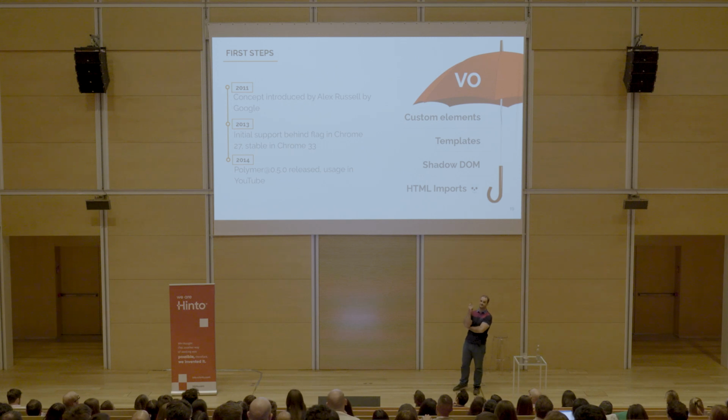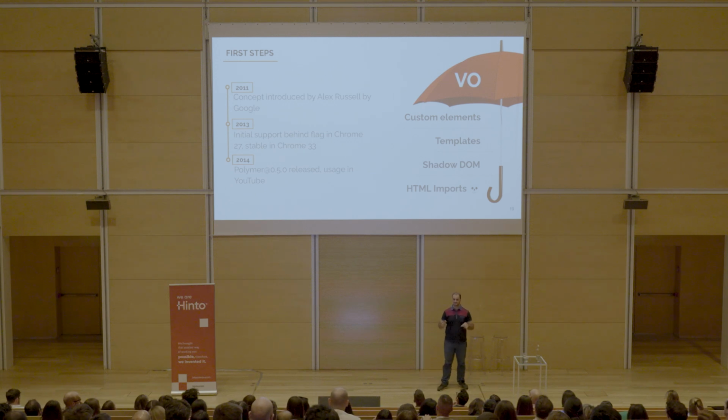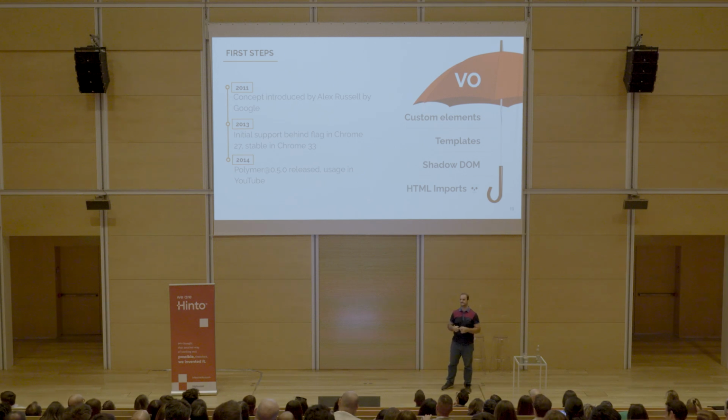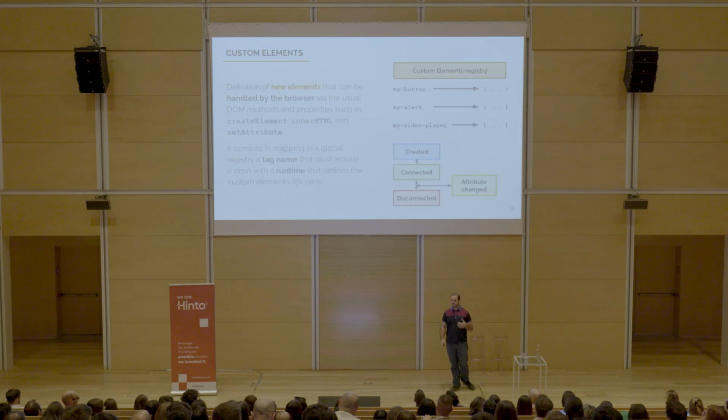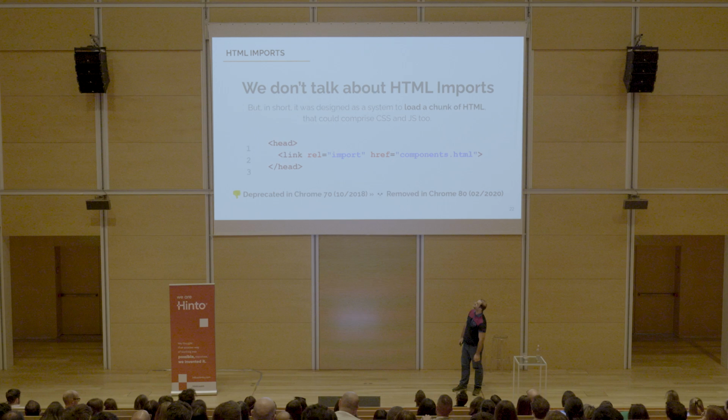Because in 2011, the concept of a web component was introduced by Google with a specification called version 0, which is an umbrella term for a series of APIs, one of which is currently dead. And the spec was authored by Google alone. There was a problem. And even Google itself, in the form of Chrome, implemented it only 2 years later. What about the others? The others, okay, let's skip it.